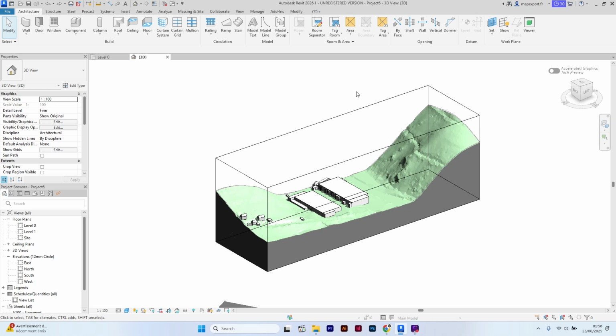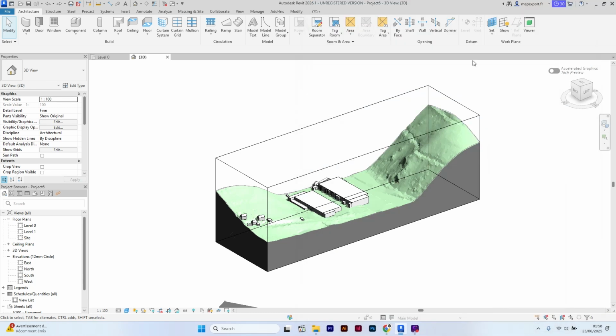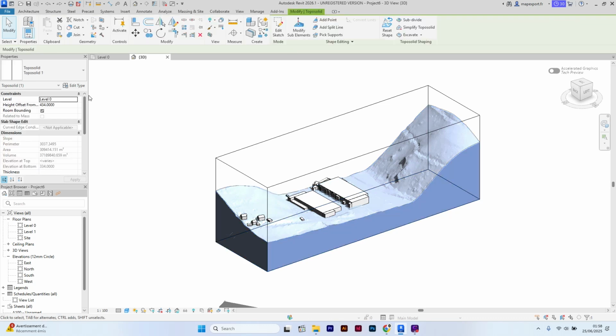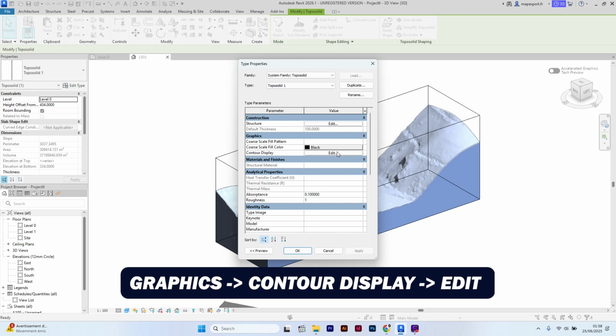Hello everyone, in this short video I will show you how to add contour lines to your Toposurface file in Revit. The topographic surface I have on my screen came from TopoExport. If you need one, you can download it on TopoExport.com. Let's get started. First click on the Toposurface, then click on Edit Type, go to the contour line display section